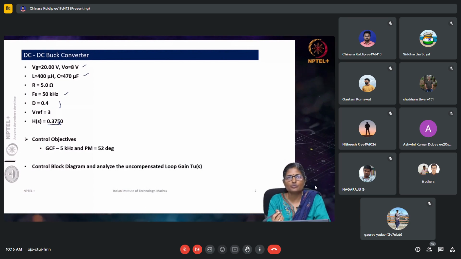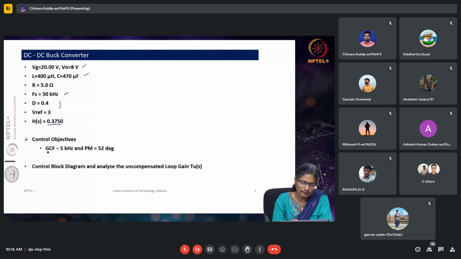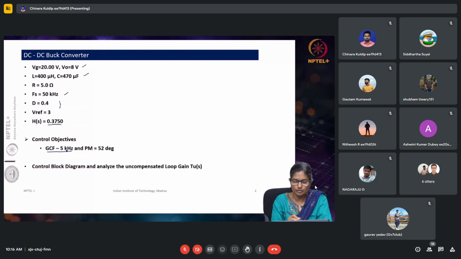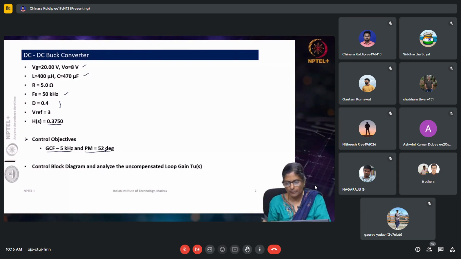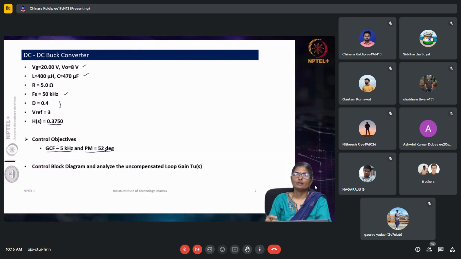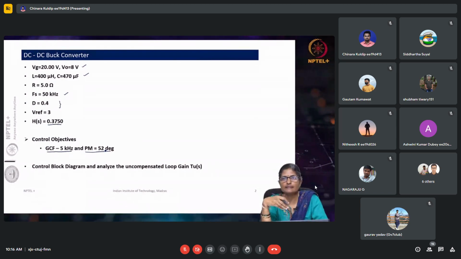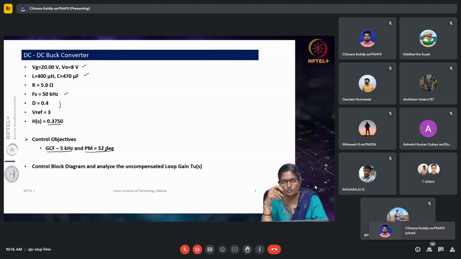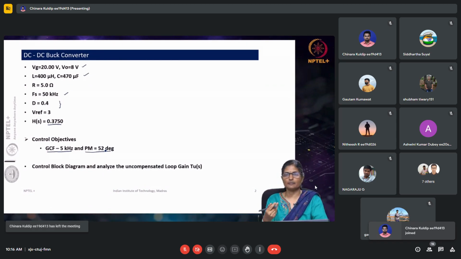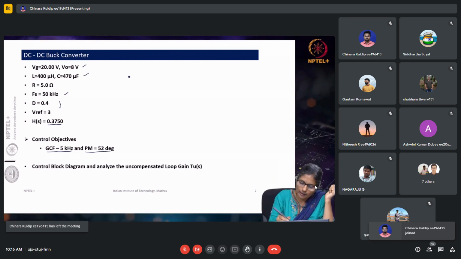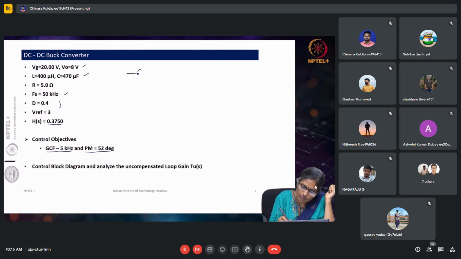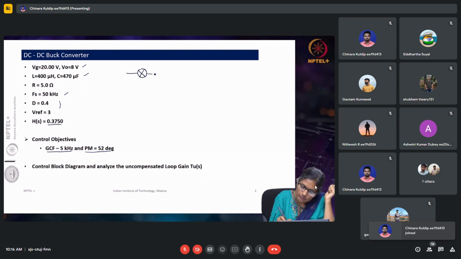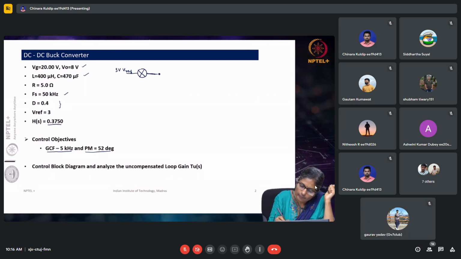So, the set control objectives is to achieve a gain crossover frequency of 5 kilohertz and a phase margin of 52 degrees. So, as we have seen in the earlier sessions, the first step is to establish the control block diagram with respect to the control scheme. So, let us say here I am following a voltage mode control technique, and so I will establish the control in analog domain, right. So, where this becomes my V reference, which is 3 volts here, and then we have the